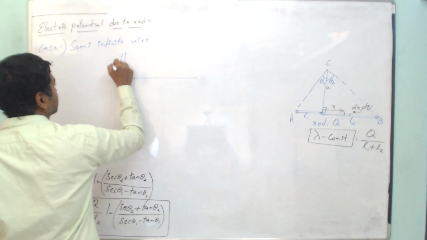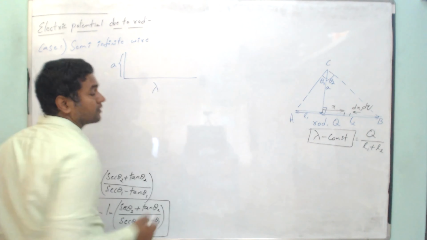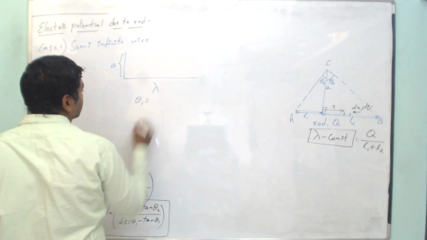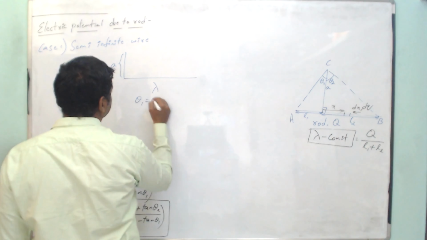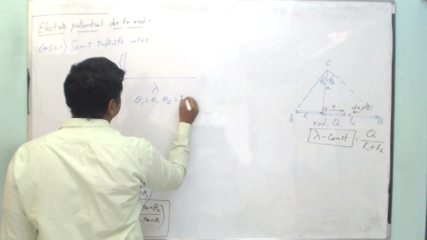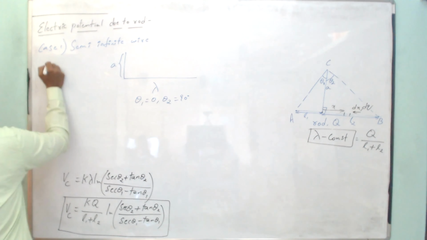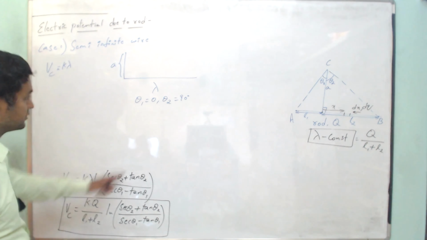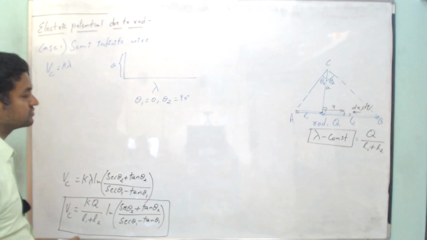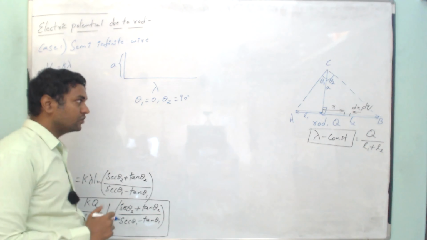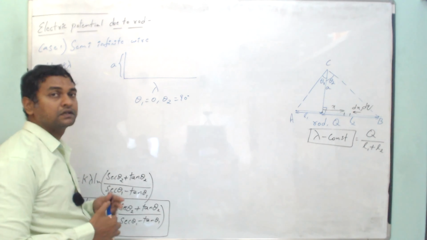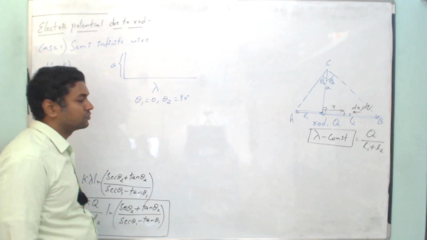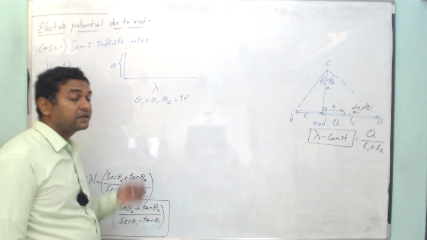This distance is A, and this is lambda. What are the values of theta 1 and theta 2? Theta 1 is 0, theta 2 is 90. So therefore my VC is equal to K lambda. I just have to substitute my theta 1, theta 2 values here. Cos 90 is 0, so secant 90 is